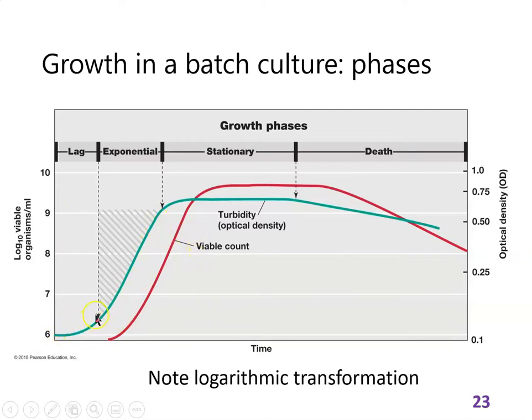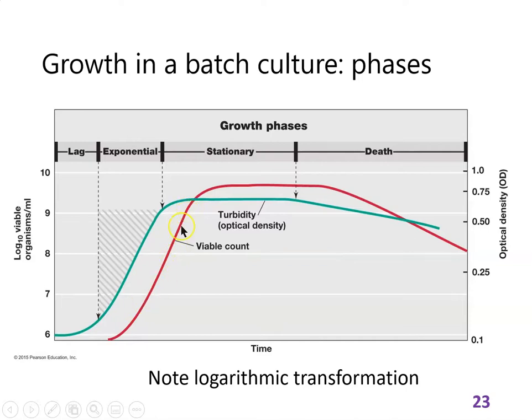We have this first green turbidity graph. So this is what we would see if we were measuring the amount of light that is scattered by the cells. And this red one is what we would get if we were actually counting the cells that were alive at any given time. So there's some kind of lag phase, and then the cells have made everything they need and they start to grow exponentially. That means they start to double as fast as they possibly can,